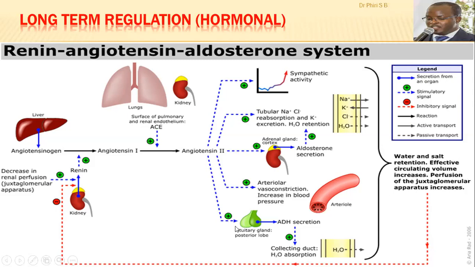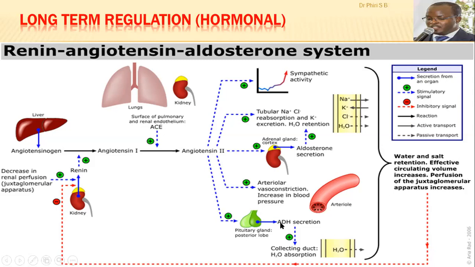The posterior lobe of the pituitary gland is the one that is responsible for release of the neural hormones, not the production. They are being produced by certain nuclei within the hypothalamus, the preoptic nuclei and the paraventricular nucleus. They are the ones that are producing the two neural hormones, which are oxytocin and ADH, antidiuretic hormone. So the angiotensin 2 will go and stimulate the release of